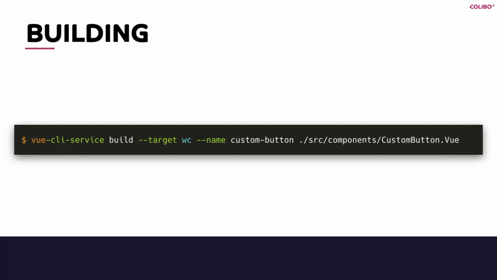One thing is though, when you want to build it, you call the CLI like you normally would. You tell it that the target should be web component, or wc. You give it the name of the custom element that you want to register. And then you point to the custom component Vue file. I spelled that out very clearly because all the blog posts that I was able to find have this wrong in a way that it actually doesn't work. So this is the way it actually works.